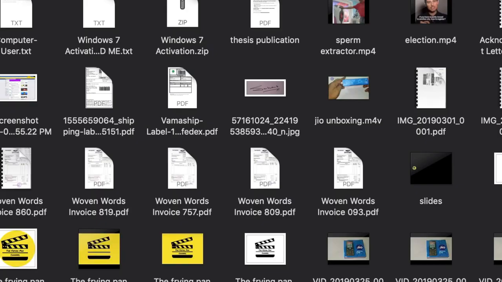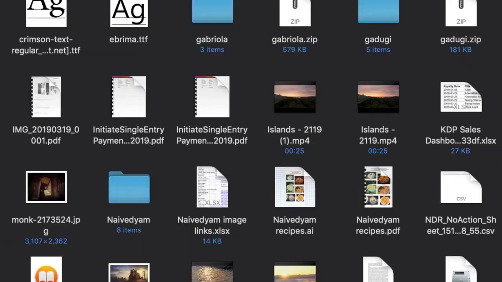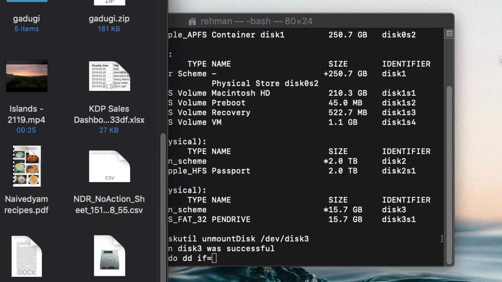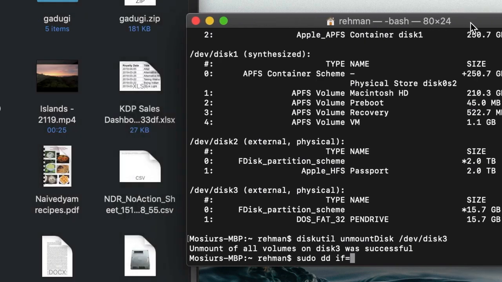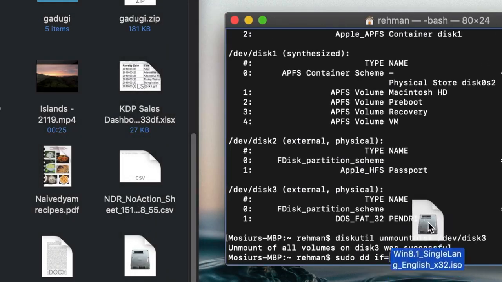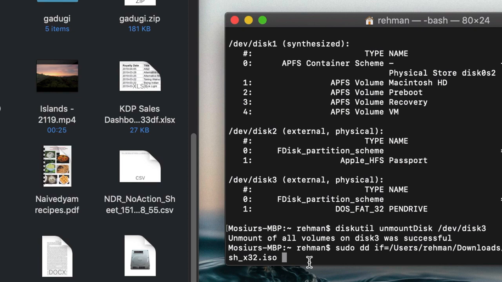So now I'm looking for the ISO file in my downloads folder, and from there I'll drag and drop it into the terminal. It is Windows 8.1 single language, which I wanted to install on my Windows computer, so I have to make this pen drive bootable. Let's see. And then proceed with the command of=/dev/disk3